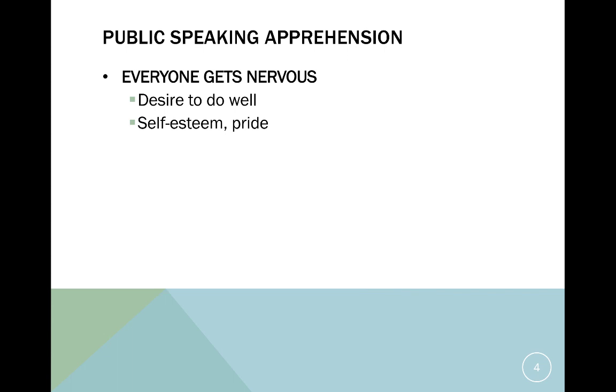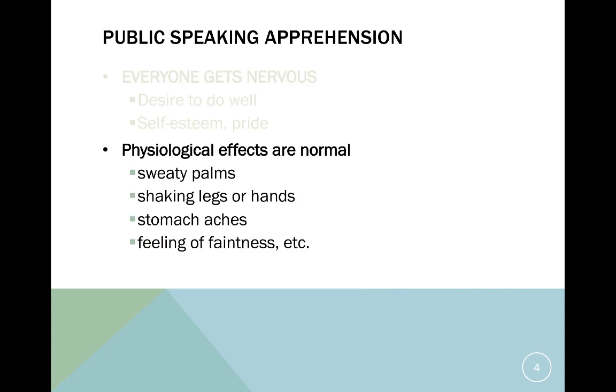So the next time you feel yourself starting to get nervous with regards to public speaking, try to remind yourself, look, I'm nervous because I want to do a good job. That's normal, and that is a rational thing. I find that sometimes people will say to themselves, oh, there's nothing to be nervous about. There's nothing to be nervous about. And when you kind of objectify it that way and you already tell yourself that your feelings are wrong, you can make yourself more nervous. So instead say, hey, it's completely normal to be nervous. I really want to do well. But let's talk about some of the things that might happen to you as a result of your nervousness.